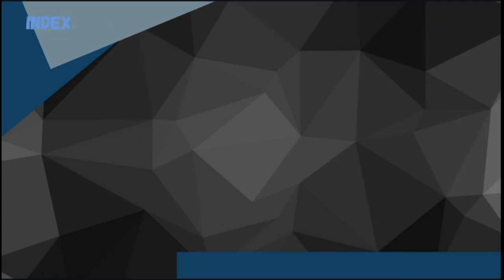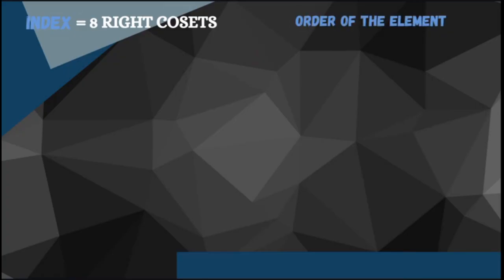We have a total of 8 right cosets. And the order of the elements: we have rho sub 0 with order 2, and mu sub 3 we also have 2. Next subgroup, R sub 11, whose elements are rho sub 0 and mu sub 7.